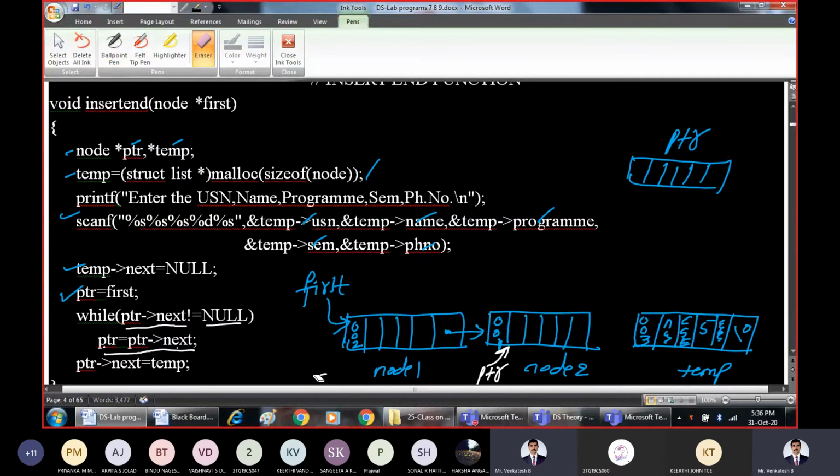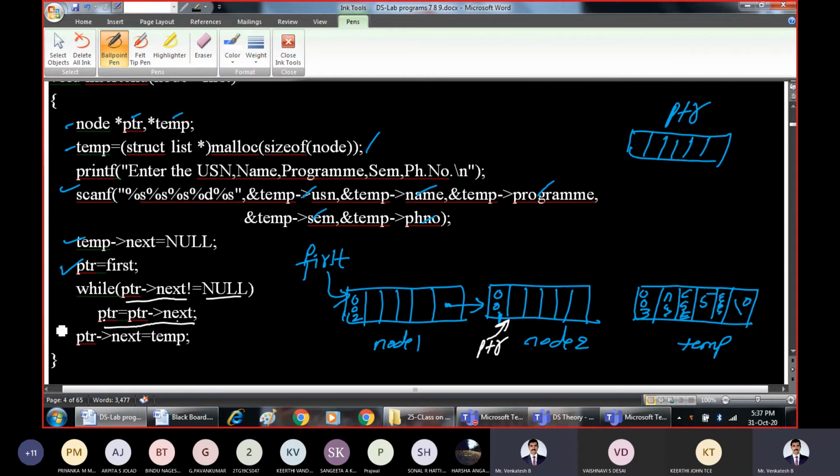I will erase this pointer now. Right? Repeat the while loop. Check the condition once again. While PTR pointer next is not equal to null, is it true? PTR is this one. PTR pointer next, yes, it is null. That means we will not traverse now. We will stop traversing. Why? Because we have reached the end of the linked list. So when you have reached the end of the linked list, what should I do? I should take this pointer and attach it to this. That's it. Because I am inserting at the end. So that's what we are doing in a single statement. What is the next single statement?